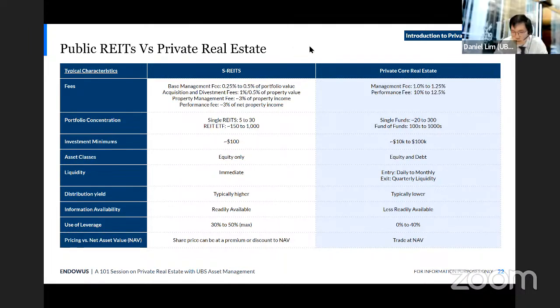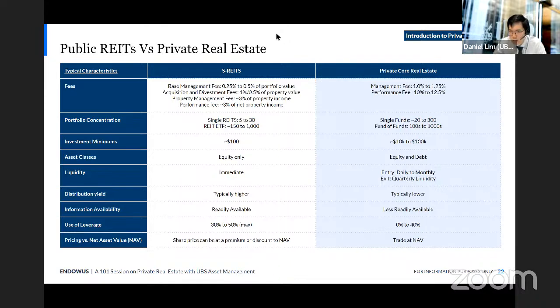Yeah, so I think first thing, it's worth elaborating on the minimum investment amount here. So typically what we see is that to invest into a core private real estate fund directly, the minimum amount is usually around 10 million US dollars. But as the space has evolved, as you can see here, the investment minimum amounts have now been lowered. So it is becoming more accessible to more people. So just moving down this table, maybe just focusing more on the key ones.